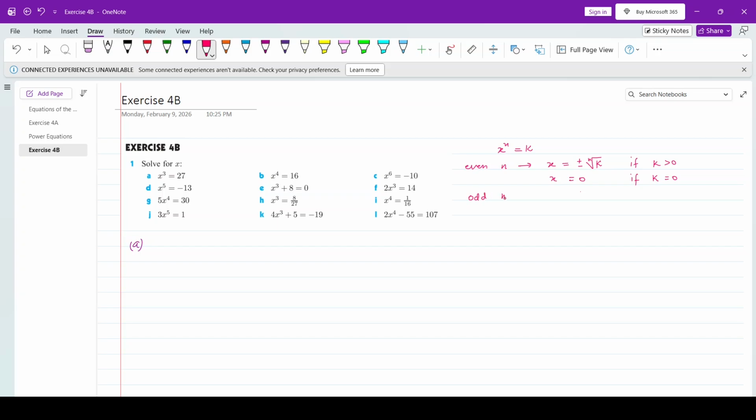In case when n is odd, x is simply equal to nth root of k. So coming back to the question,